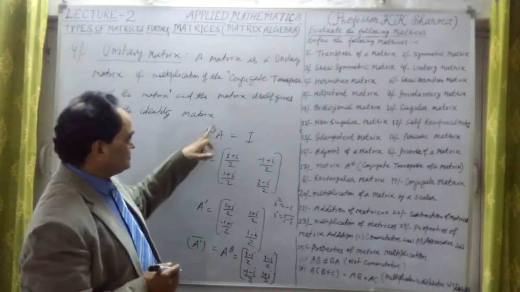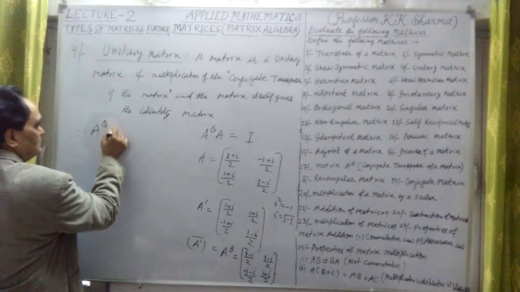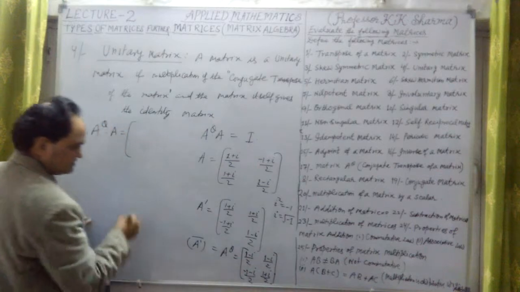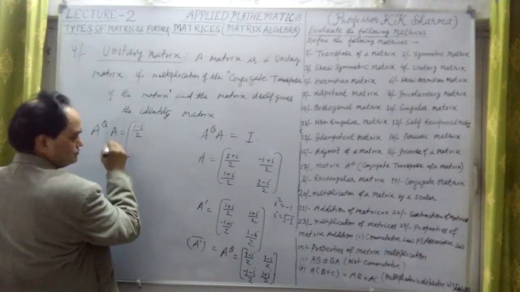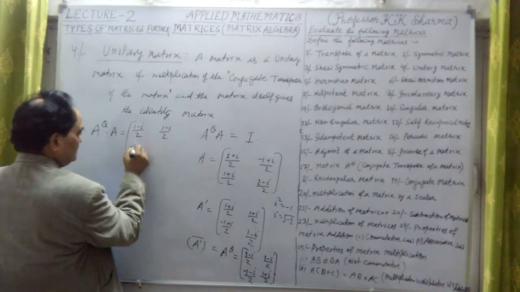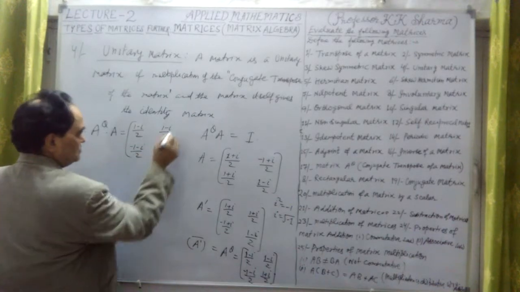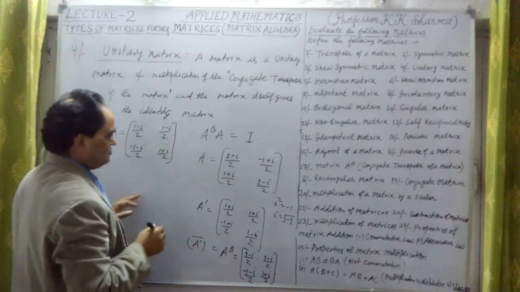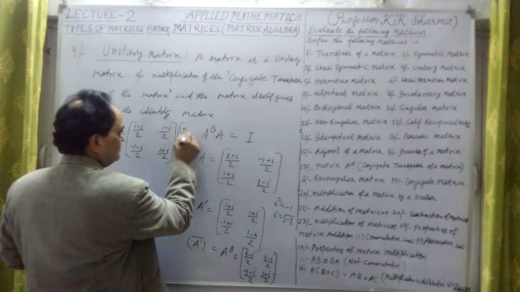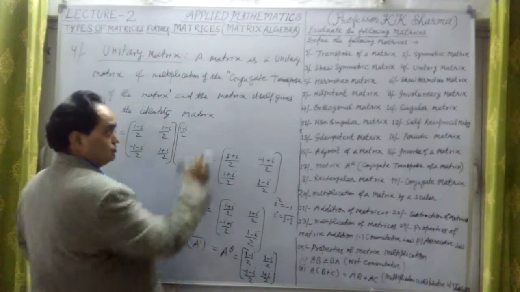Now we have to multiply them, because it is A theta into A. Therefore, let me write A theta multiplied by A. Let me write these matrices. This is the A theta matrix here: 1 minus iota upon 2, 1 minus iota upon 2, minus 1 minus iota upon 2, and 1 plus iota upon 2. This is the A theta matrix. Now A is here, this is 1 plus iota upon 2. Let me now rub this, so we are just